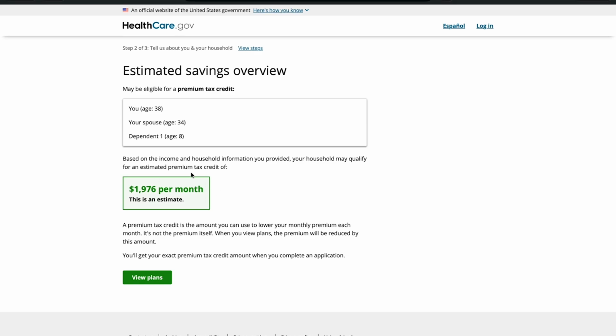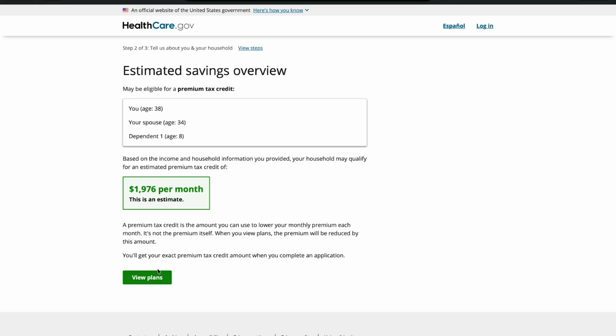We talked about the sticker price at the beginning of the session. A plan may cost like $2,000 as a premium per month, but based on this, I would be eligible for a tax credit of $1,976, which tells me I would only be paying like $24 to be eligible to take a plan. This is very key, which is why we ask you to enter the actual information, so you get to see how much in premium tax credits you are eligible for, because the sticker price is always going to be a high number. So since I have a rough idea of what my tax credits are, let's go ahead to the next